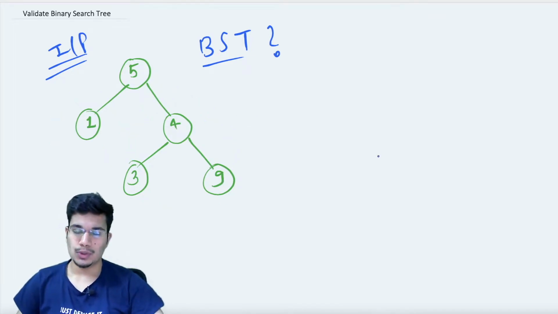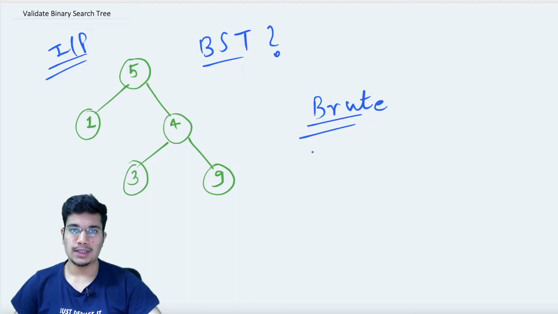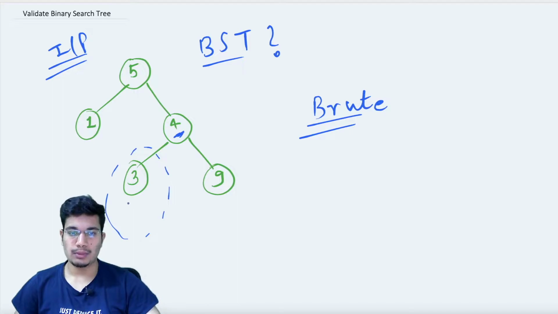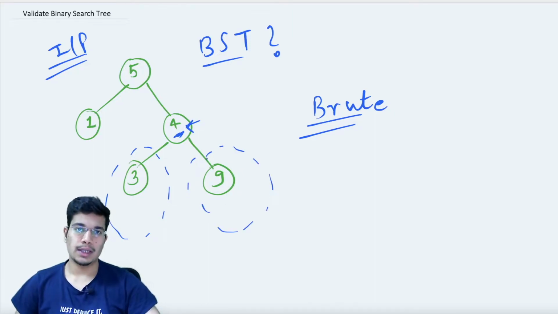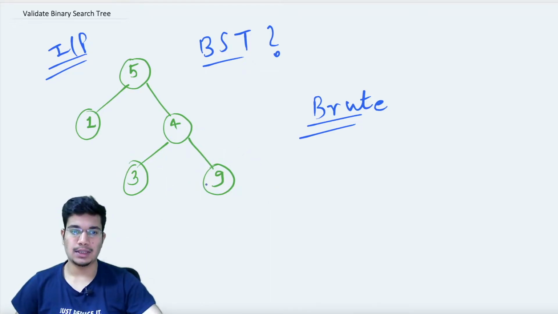So what should be our approach to solve this? The very first thing is basically a brute force approach where we are going to do exactly what the definition of our binary search tree asks us to do. For any node, let's say we are at this particular node at any point, we are going to traverse everything to its left, and we need to keep checking if all the values in my left subtree are smaller than my root node, which is 4, or not. And similarly, if they are, then I will also traverse everything to my right, and I'll keep checking if those values are greater than root node 4 or not. And this is how we can check for every node if it's a binary search tree or not.